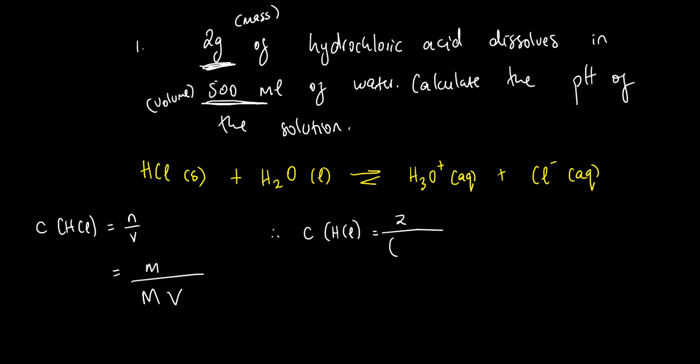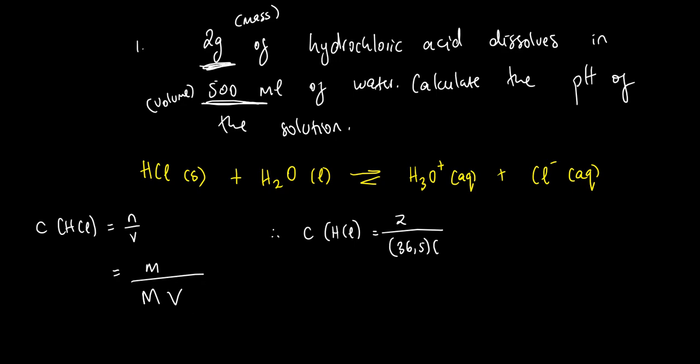And then the other one, you have 1 for hydrogen. So when you add them, it should be 36.5. That's the molar mass, guys. Remember, you get it from the periodic table, ne? And then what is the volume? You are given it in